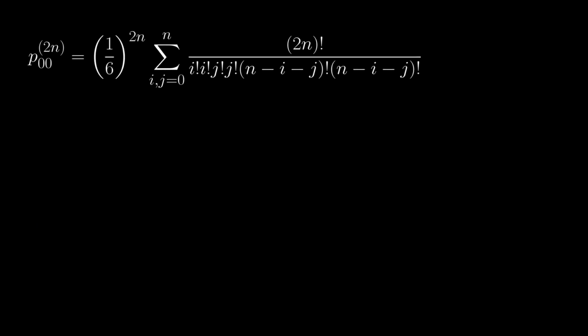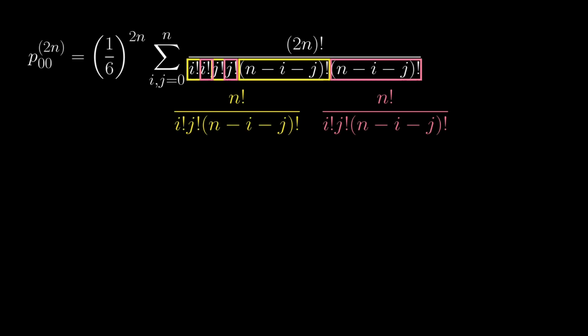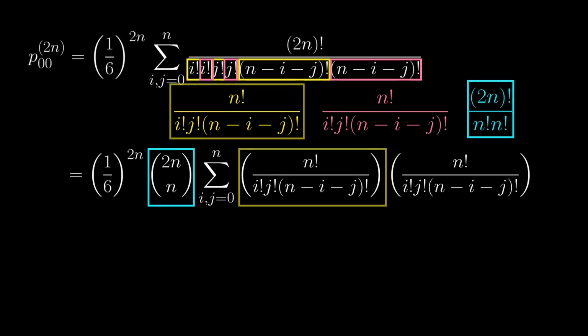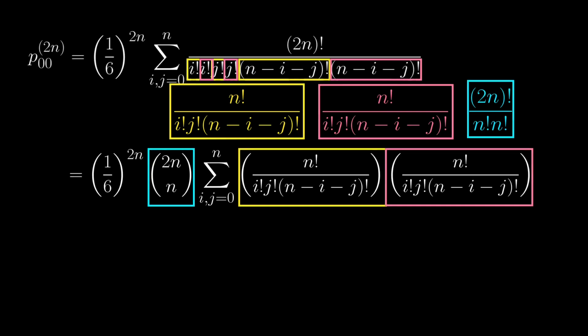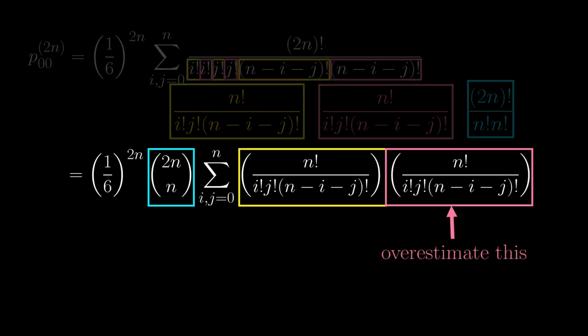The first step is similar to the previous 2D case. The denominator again has two sets of factorials, and so again, we want to have these two identical factors. But then again, these extra factors being left out would be grouped to form another 2n choose n. And so we obtain these different factors in a summation, like before. To overestimate this, we only overestimate one of the factors in the summation. More specifically, the overestimate is when i, j, and n minus i minus j are roughly n over 3.